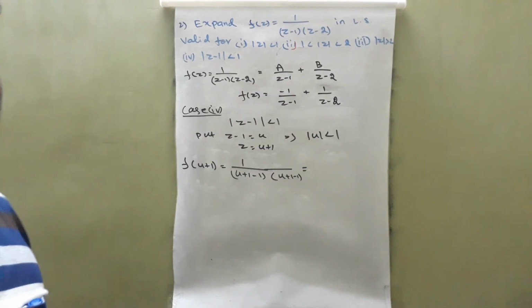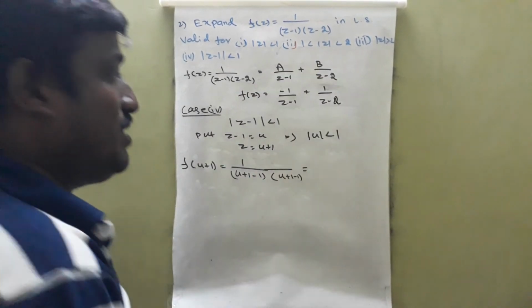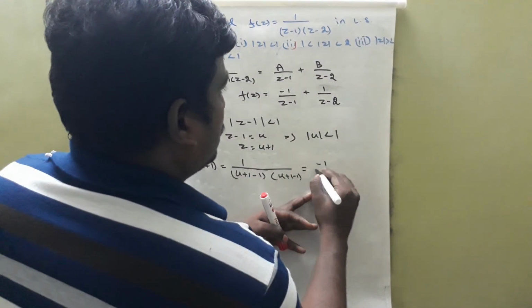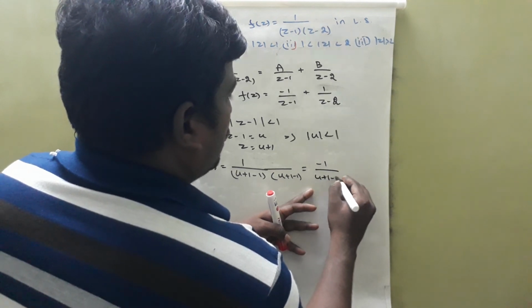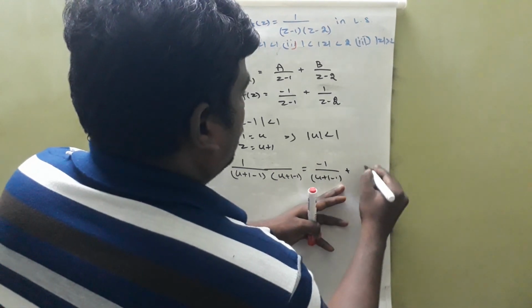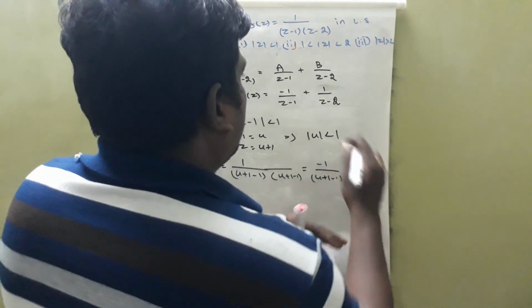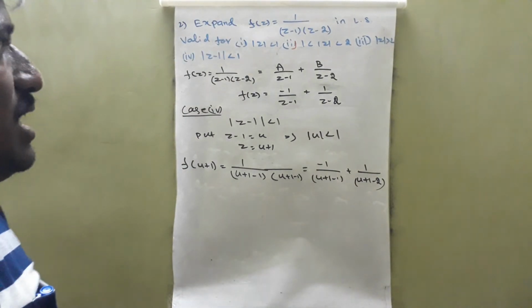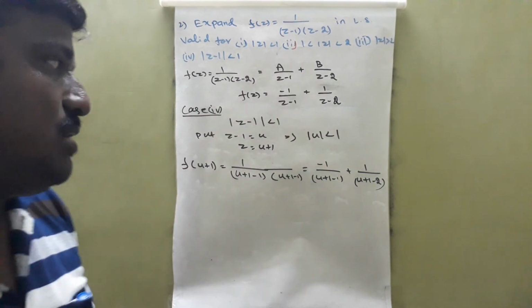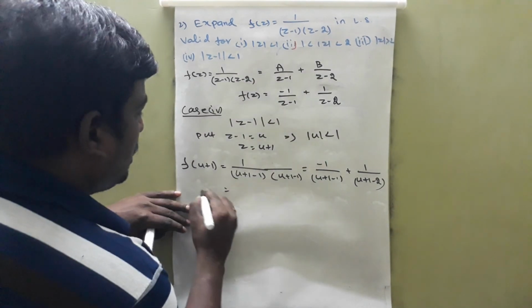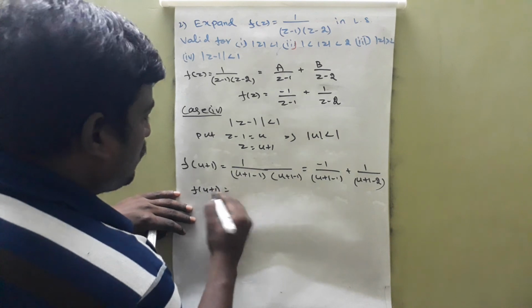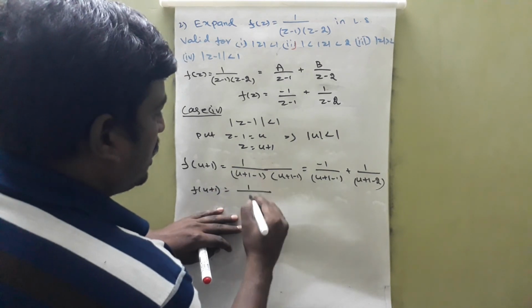Directly I can apply the substitution in the partial fraction also. So that is minus 1 by u plus 1 minus 1, then plus 1 by u plus 1 minus 2. Because I already did the partial fraction, I can apply the function as well as in the partial fraction. So my function f of u plus 1 becomes 1 by u